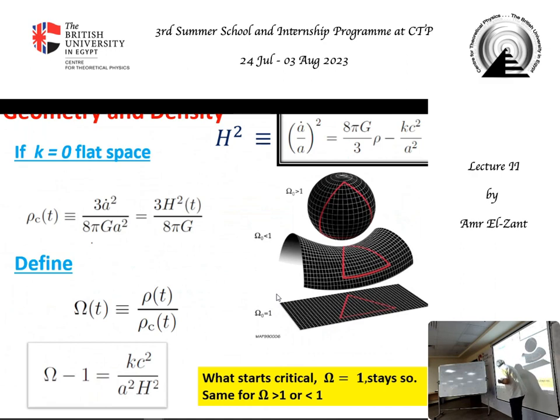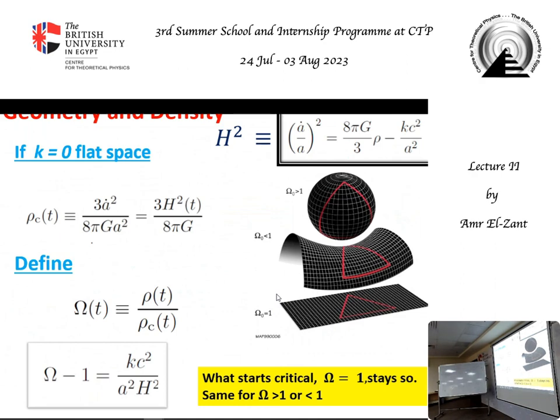Now, there is an important property. Since all these things are positive, a squared, c squared, and a squared are positive, if you start with a sphere, a 3-sphere, you always remain positively curved. This cannot change sign, cannot become negative if you start with positive. And if you start with 0, it will always remain 0. If you start with negative, meaning this thing is negative here, minus 1 over r squared or minus 1 in the other convention, then this will remain always negative. So you cannot change from positive curve to negative.